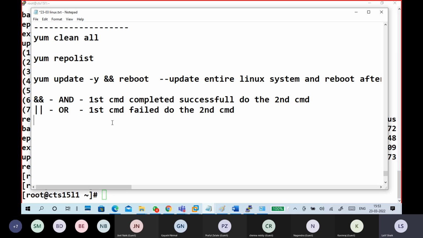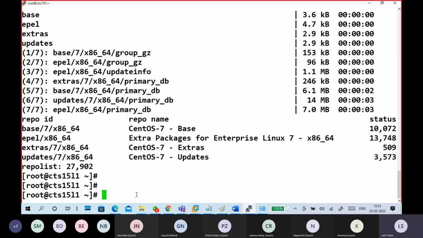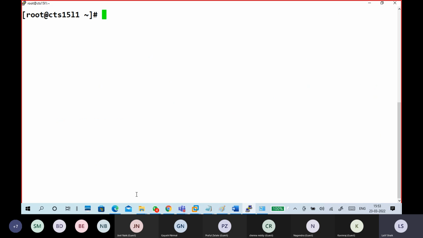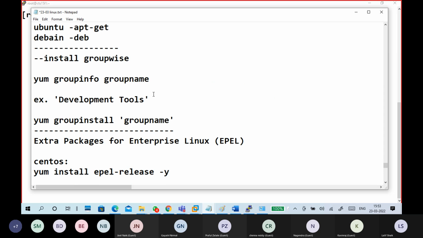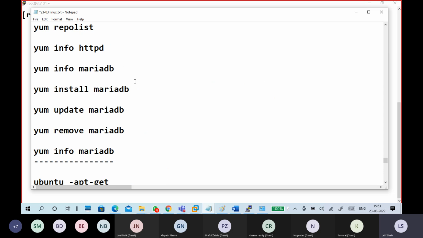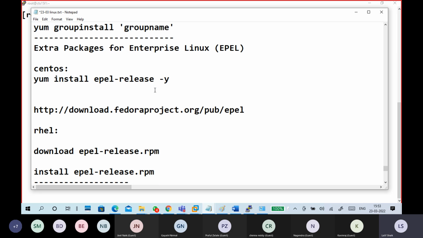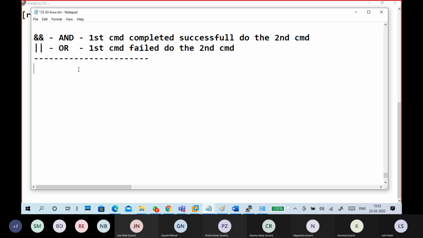Okay. So this is what you have to do, but I'm not doing it. Why? Because it will take a lot of time to update. So whenever I have time, usually for every new setup, I do that one. Okay, guys. Do you understand up to now? What are the yum commands? Next, what is the repository meaning and how to install epel-release? That's it. Do you understand up to now or not?